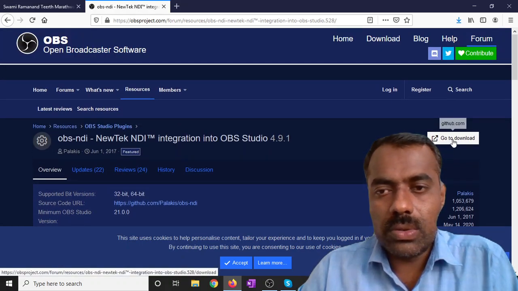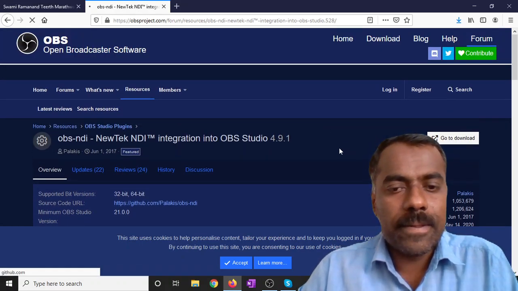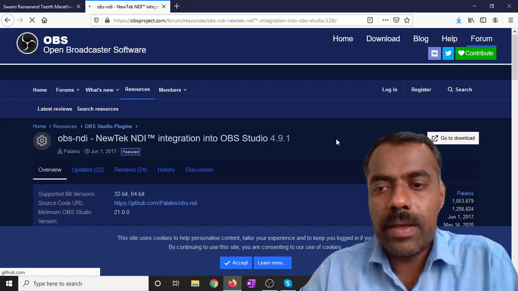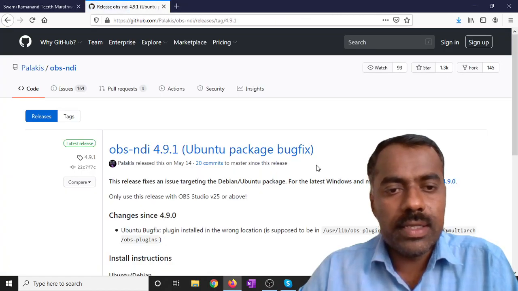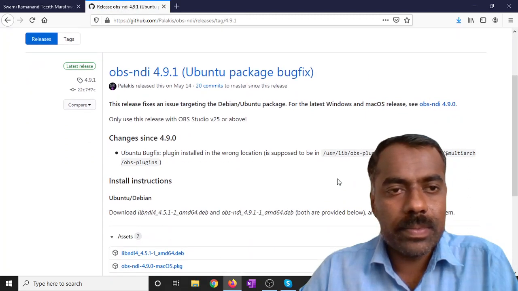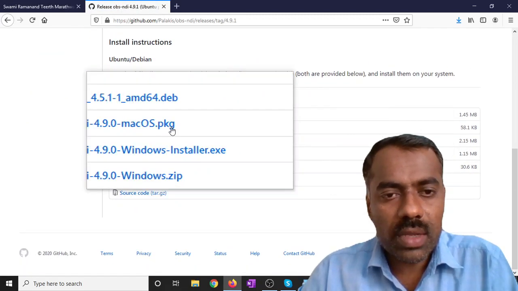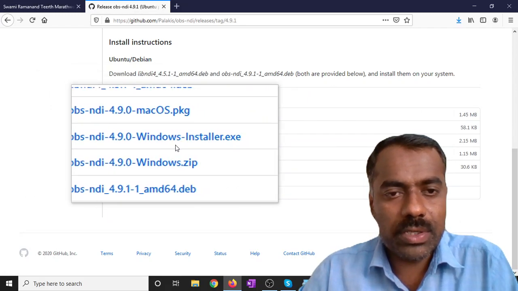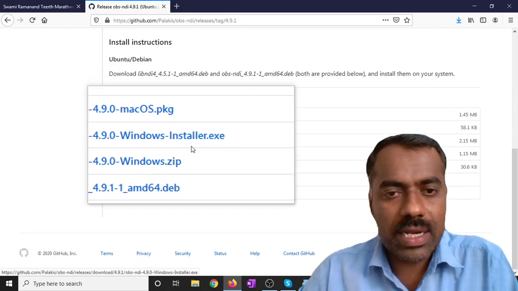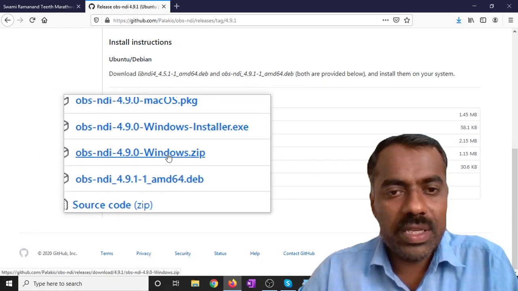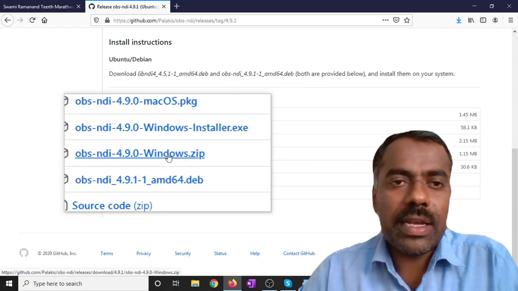So just go to downloads. Then you download this file. Okay, you just go down here and you can see this OBS NDI 4.9.0 Windows installer. Either you can directly take the exe file, or download the zip file and paste it there.